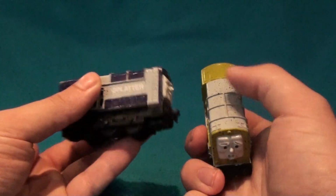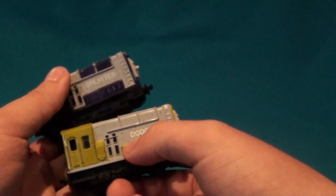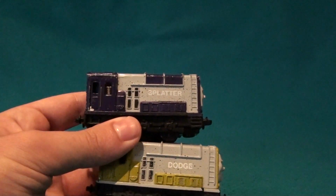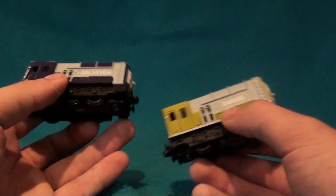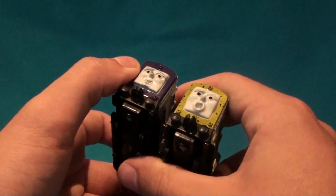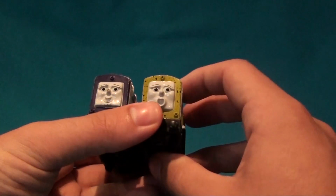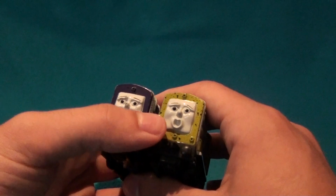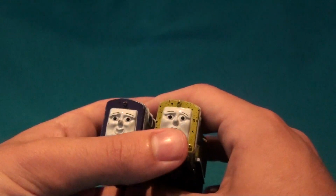Yeah, I really liked the sort of, I'm assuming this was the original colors that they were supposed to have in the film. All the other toys have a dark color, like their movie appearances, but the ERTLs are like grayish. But yeah, still fantastic. There are prototypes out there that have them looking really pissed off instead of the sort of surprised faces, but those are Splatter and Dodge. Very nice